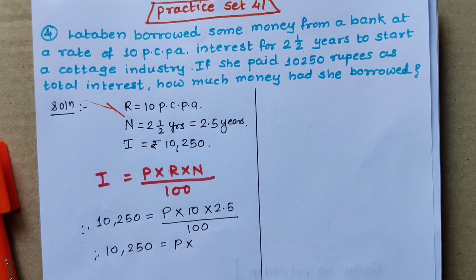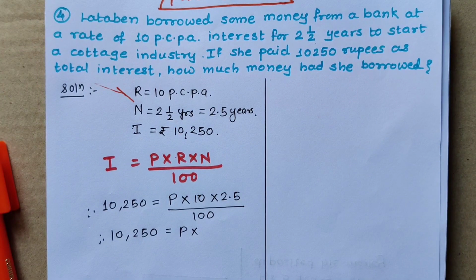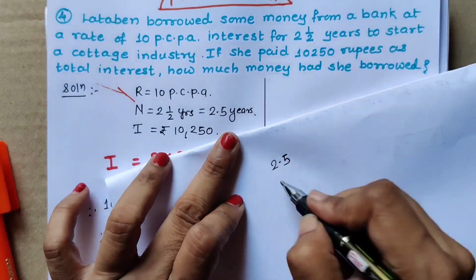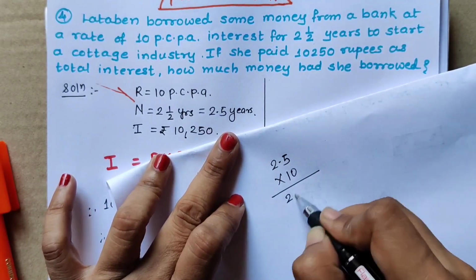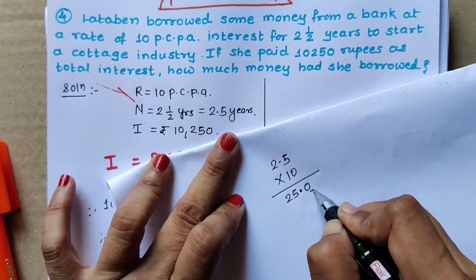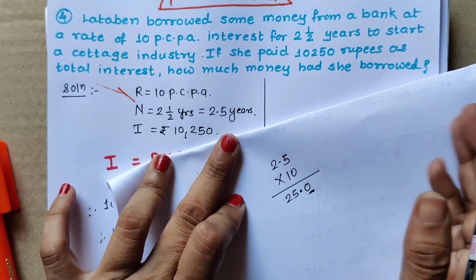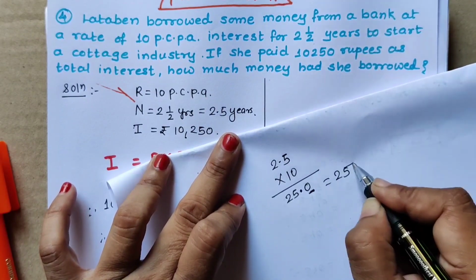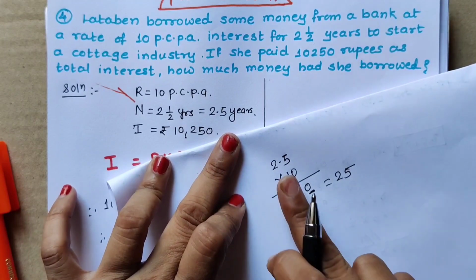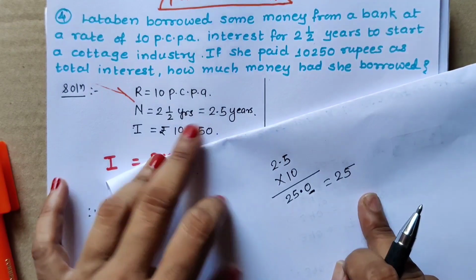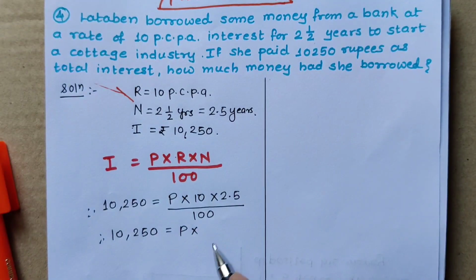After the decimal point, if you get 0, it doesn't have any value. Okay, I am showing you here. When we multiply 2.5 by 10, we will get 25.0. After that, 0.0 is there, we don't write this point also and 0 also, because it doesn't have any value. It means 25 only. 25.0 means 25. So 2.5 multiplied by 10, we get 25.0, and 25.0 means 25. So this we are writing here, 25